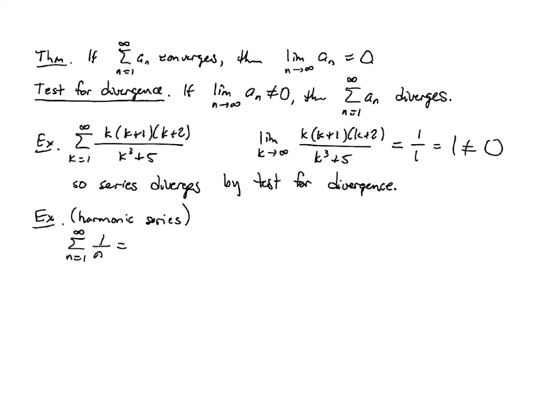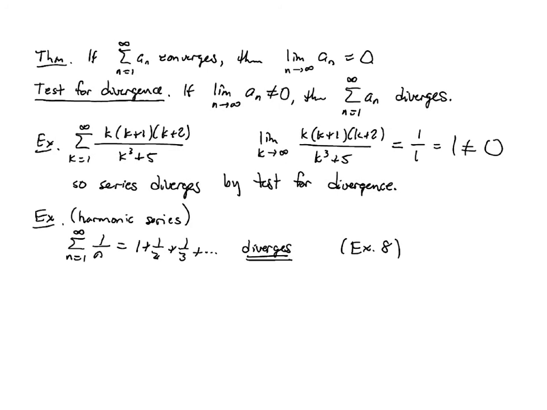So I'm looking at 1 plus 1/2 plus 1/3, and so on, with no powers. This series actually diverges. This is an important example to keep in mind, and we'll see a couple of reasons why this is true. You can see, for instance, in example 8,